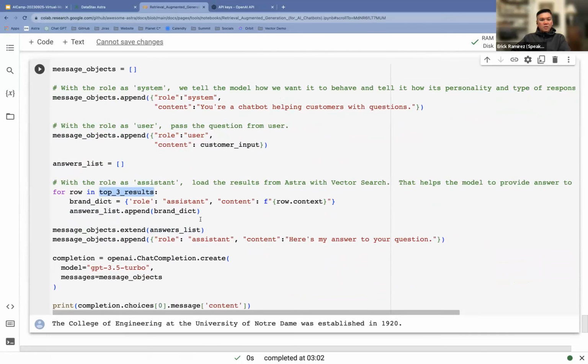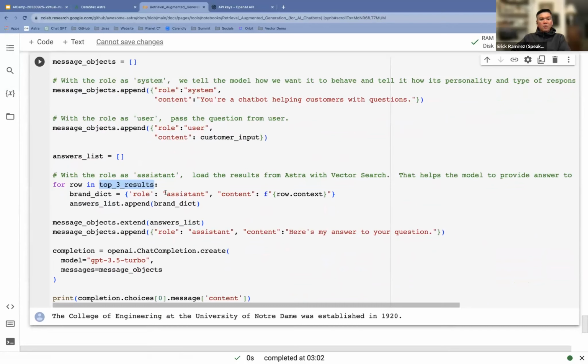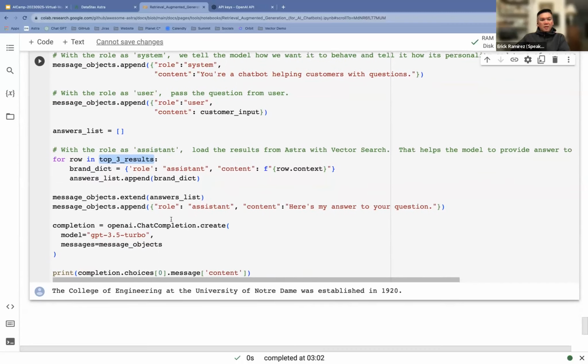And we're going to give it the context so that we want OpenAI to give the answer based on these 3 results. So this is retrieval augmented generation. We're augmenting the Gen AI that's generating answers based on the data that we give it.